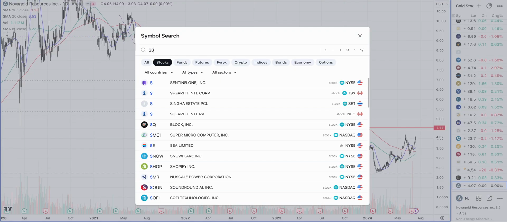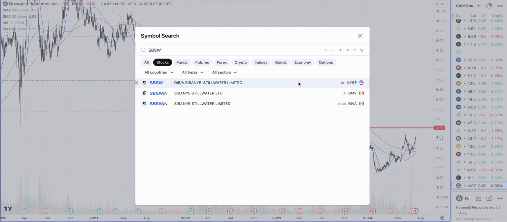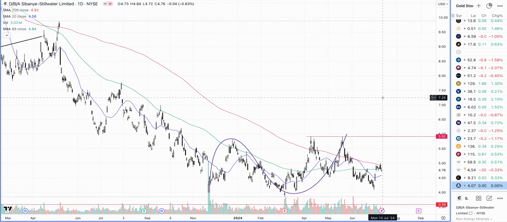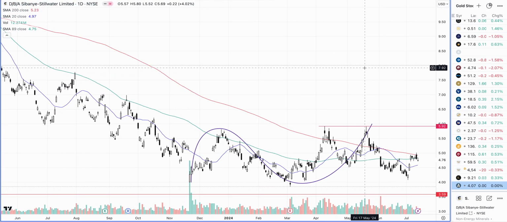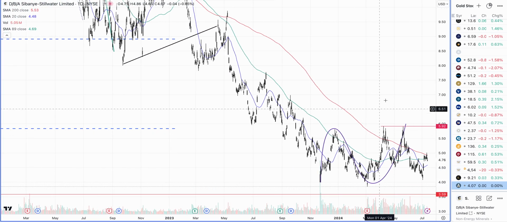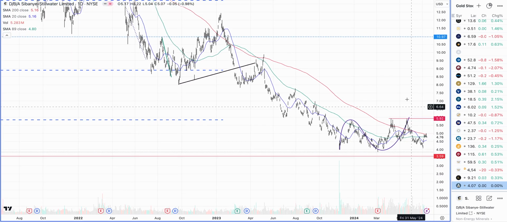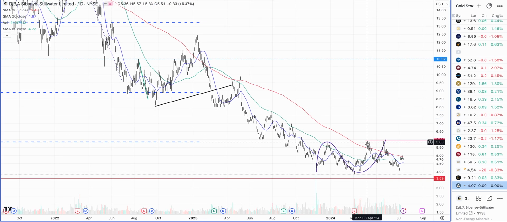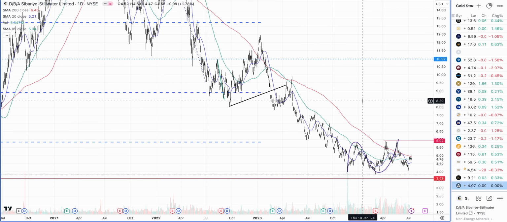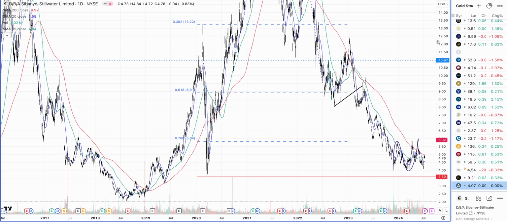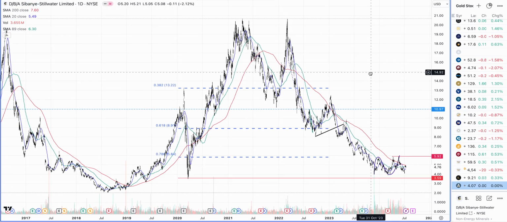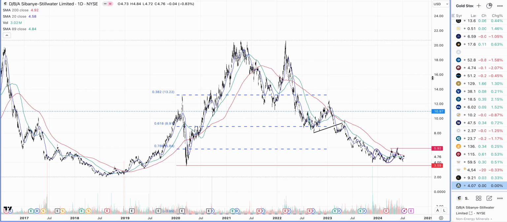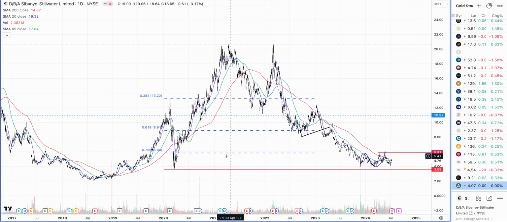And then last but not least, we are going to take a look at Sibanye Stillwater. This is the daily chart, and there is a lot of accumulation around here. So that's the spring thing that I was talking about. I believe the key thing for this stock is to break above the $6 mark. Then it is probably getting ready to move higher. Again, what it has done is really test the bottom of this range coming in from March of 2020.